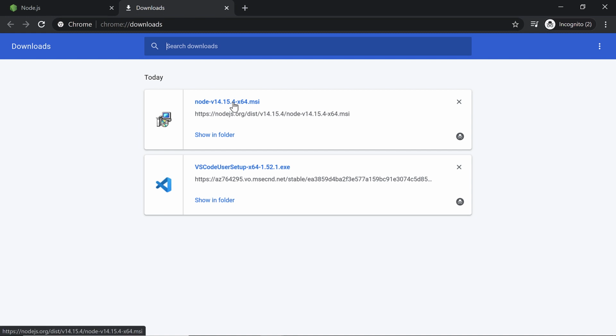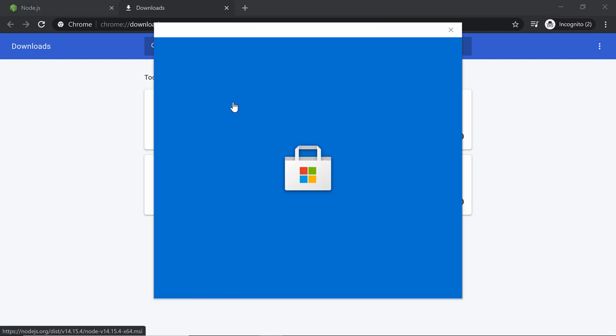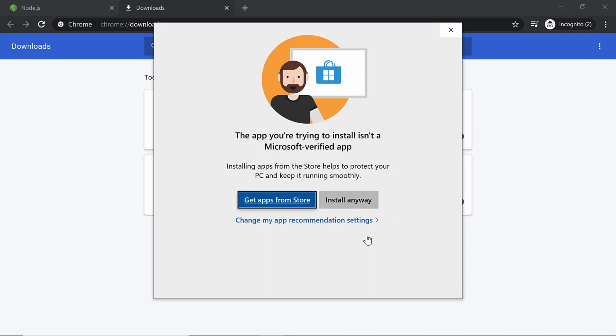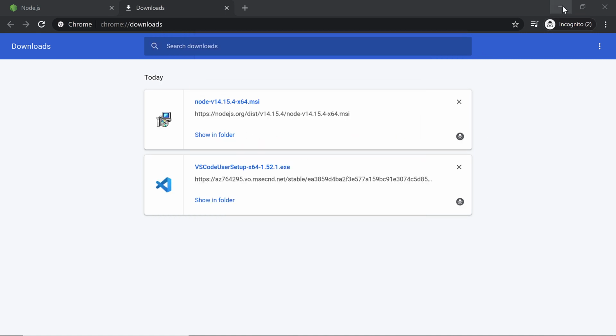Now we are good to install Node.js. In case you have already started and it got blocked by the firewall, then it is better to uninstall and install from fresh.